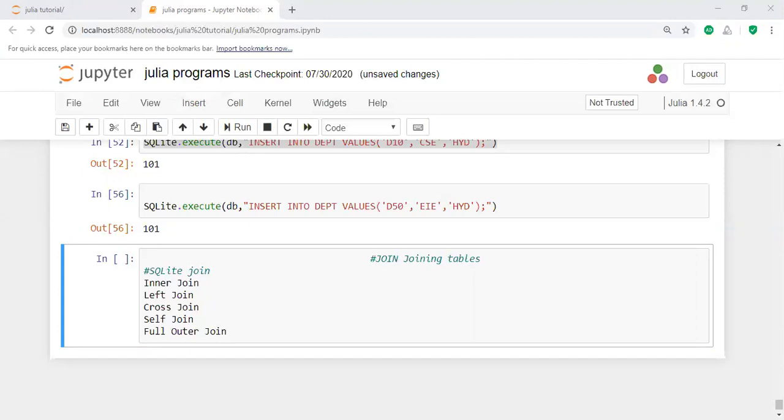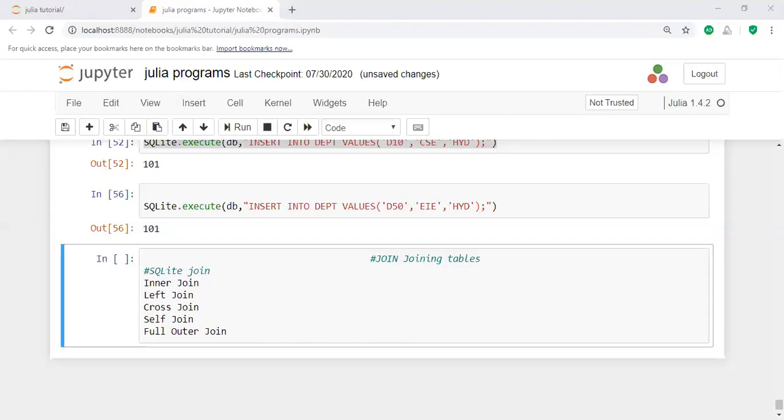Another one is the self join. The self join creates a result by joining a table to itself, to create a result set that joins rows with other rows within the same table. Another one is the full outer join. Here, how to emulate the full outer join in SQLite using left join and then the union clause. Both are required in order to perform this join.